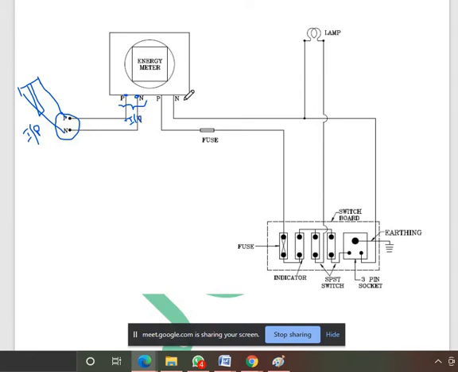And you can take the output. The same phase and neutral will be taken from the energy meter. So these two lines are the output. What is the purpose of the energy meter? Based on our load, we can connect one lamp, maybe a 60 watt lamp. If you switch on the lamp, it will consume 60 watts, and that 60 watts output power should be recorded by the energy meter.